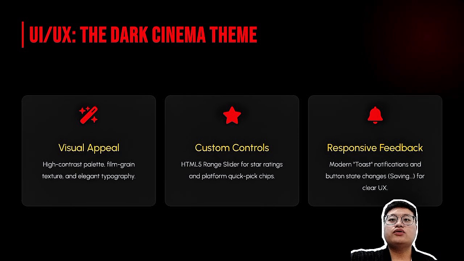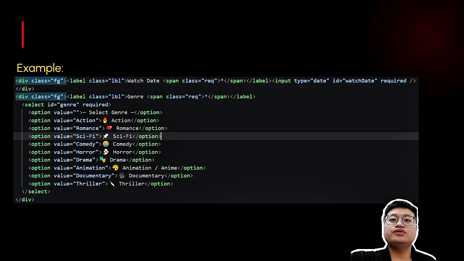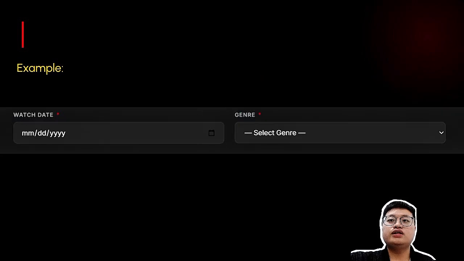So as shown in the code here, I didn't use basic text fields. Instead, I implemented HTML5 specific inputs like input type date, and the select dropdown. This will ensure a better data integrity and a more contemporary user experience. Here is the visual result. The custom range slider for the ratings and the modern date picker provide an intuitive interface that aligns perfectly with